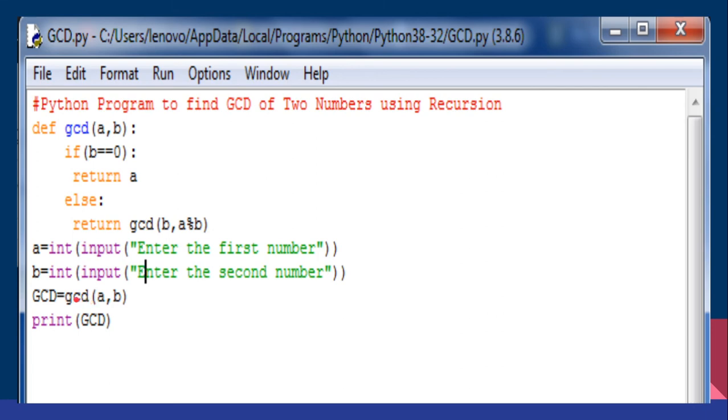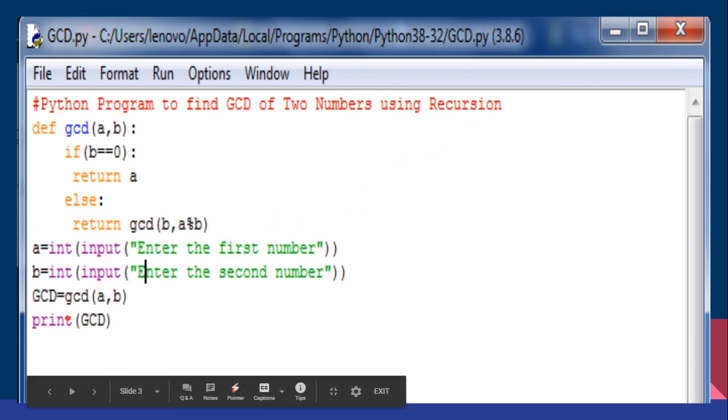So it will call this function GCD of A comma B, and it checks the process as I explained in the previous example. The process repeats and repeats, and that's why it's called a recursive function, because GCD is called by itself. In that function itself, GCD is called, so it is called a recursive function. For the theory part, we can use this simple example of a recursive function. And print GCD. Now the answer we got is the GCD. So this is how the program works.